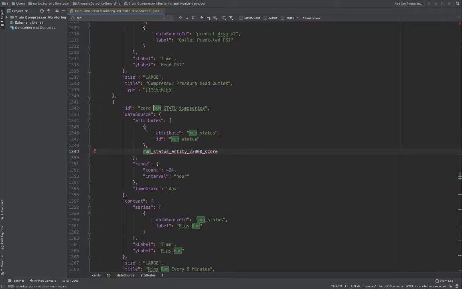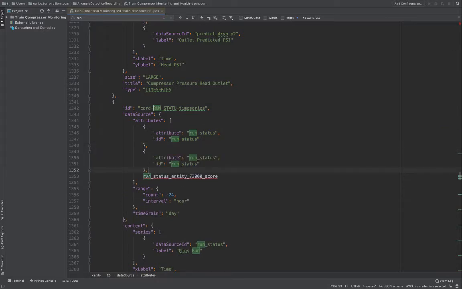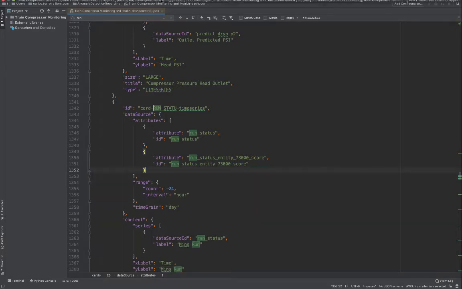We'll add a new attribute called run status entity 7300 score using our naming convention. And that will then add the score to our line chart. We'll also give it the same ID identifier as well. So once it's in the data source, we can also go ahead and add it to the series in the